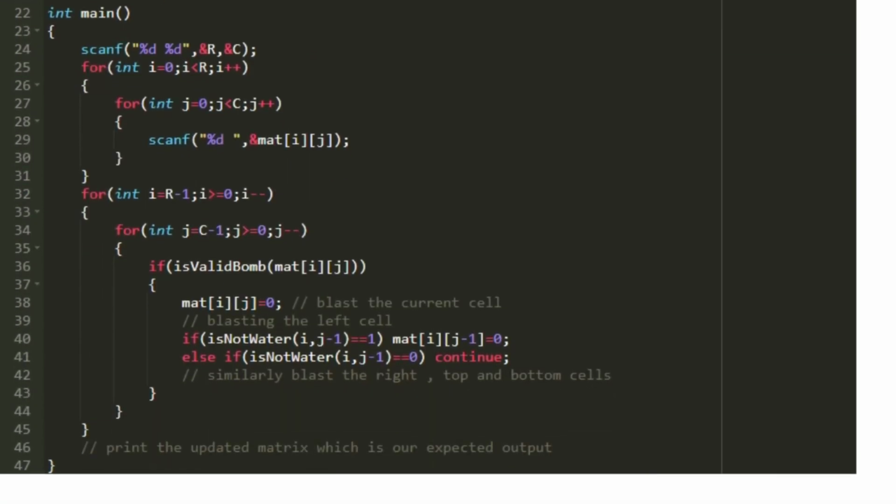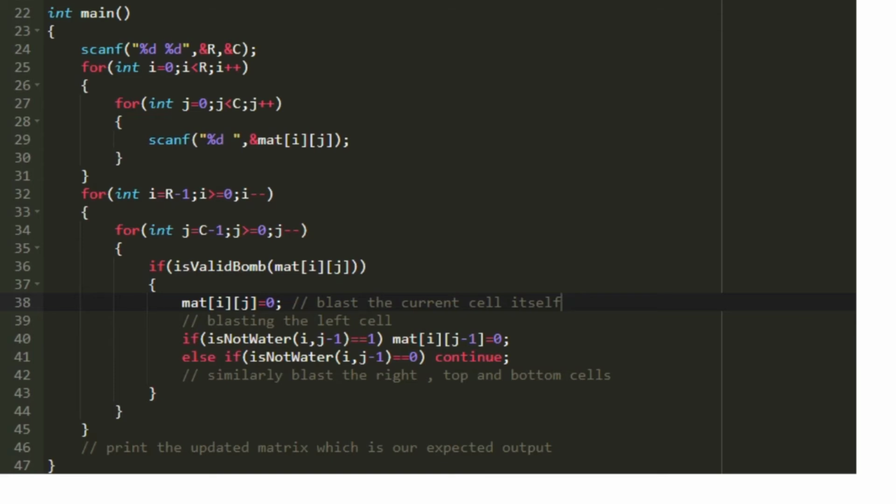Whenever the function returns 1, it is a valid bomb, and first the current cell itself should be blasted. So I am setting matrix of i j equal to 0, because that is how a blasted cell must be represented as per the condition in the question. After blasting the current cell, now we have to blast the adjacent cells.